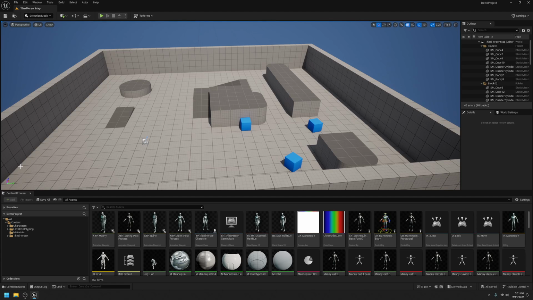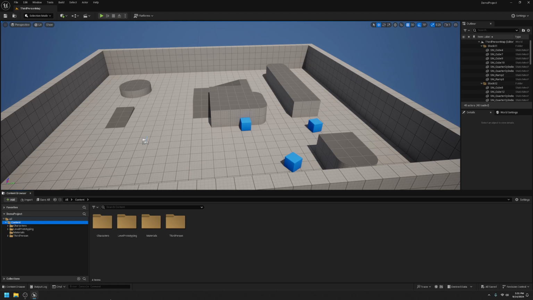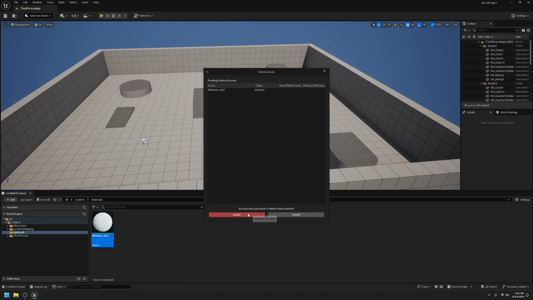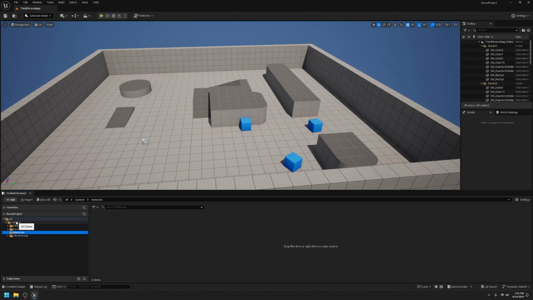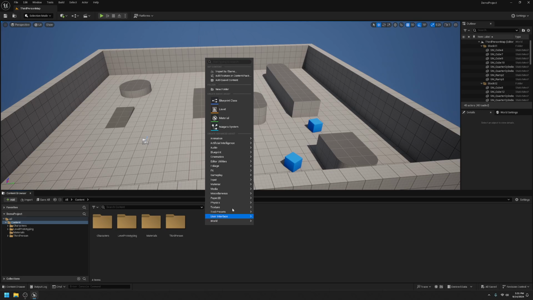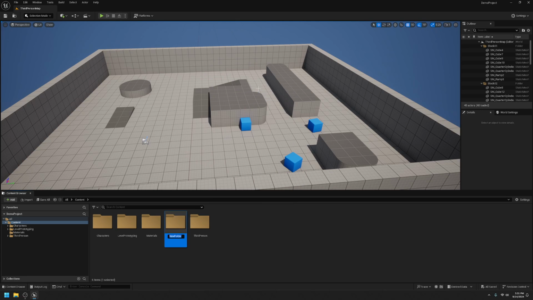So first things first, let's make a couple folders in our content directory so that it'll make our lives a little bit easier. I do have a materials folder. We're going to need that in a little bit. And we should go ahead and create a folder to hold our maps. So you can call it maps or scenes. I'm going to just go ahead and call it maps